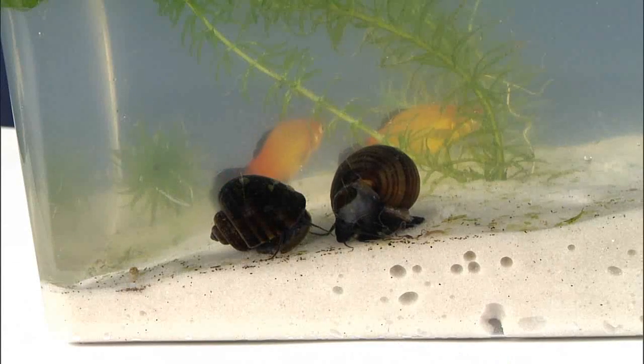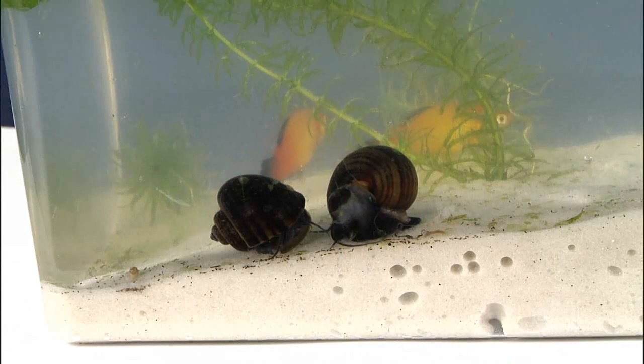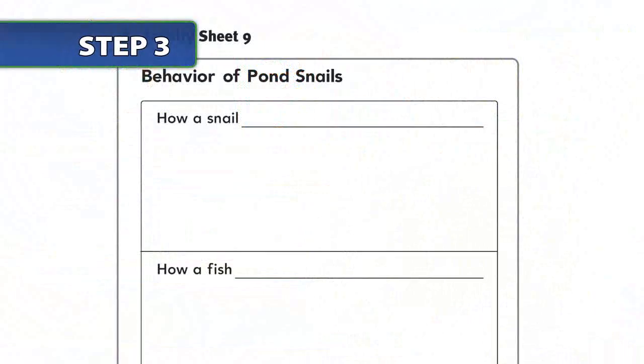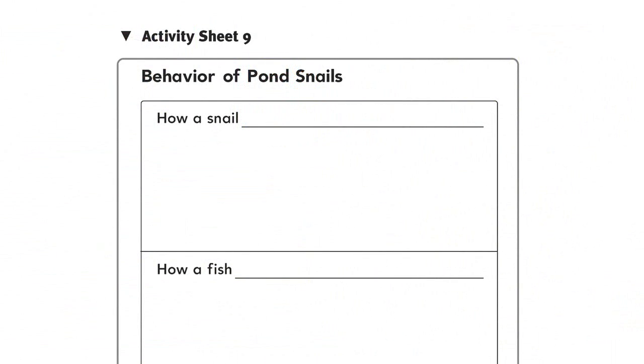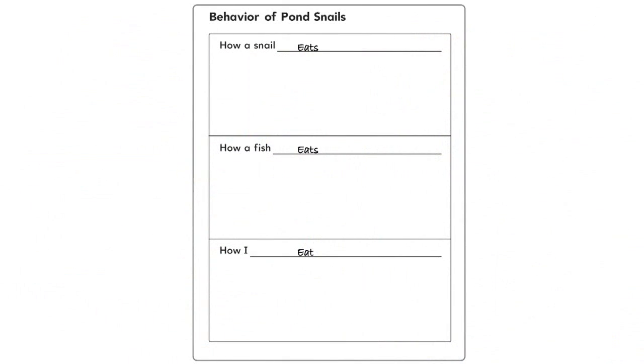Guide students to observe the behaviors of the snails in their tanks. After several minutes, ask students if they have observed any snail behaviors not already listed on the board. Then add their responses to the chart. Next, distribute a copy of Activity Sheet 9 to each student. Tell students to choose a behavior that pond snails, fish, and people all share and draw a picture showing how